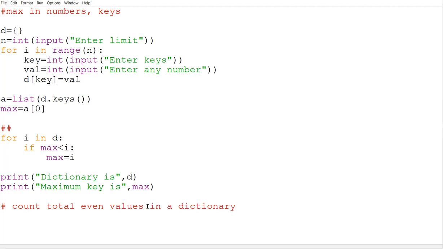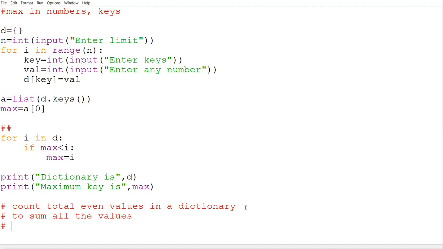Suppose in a dictionary I have given you total 10 numbers, you have to count how many of them are even. Then, sum all the values of a dictionary. Suppose I am giving you 5 values, you have to add all those values and show me the sum.